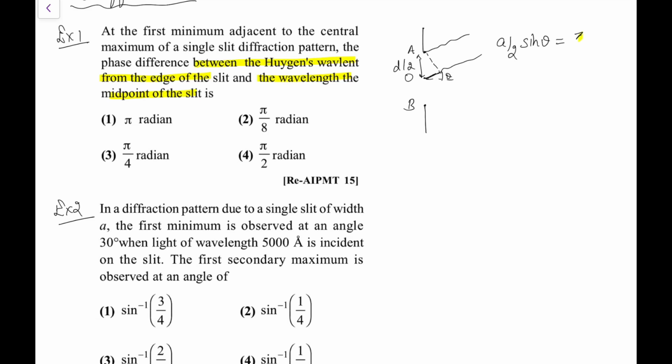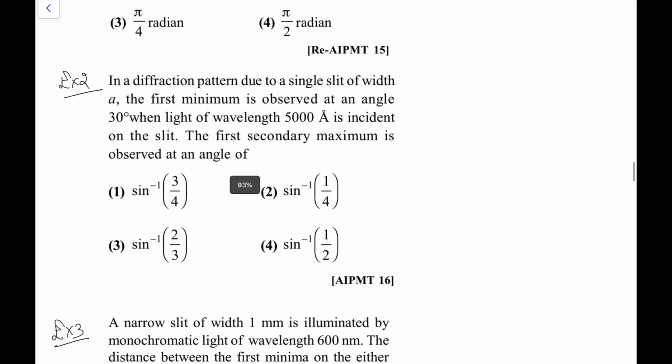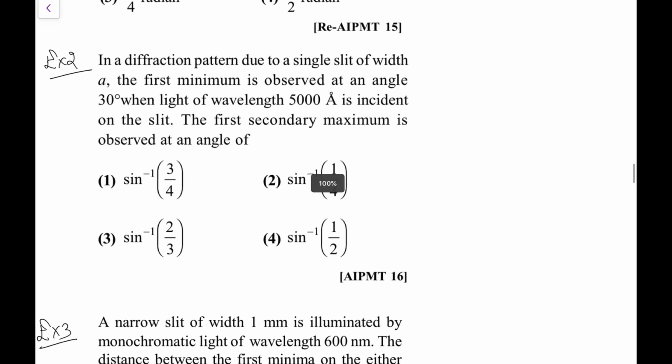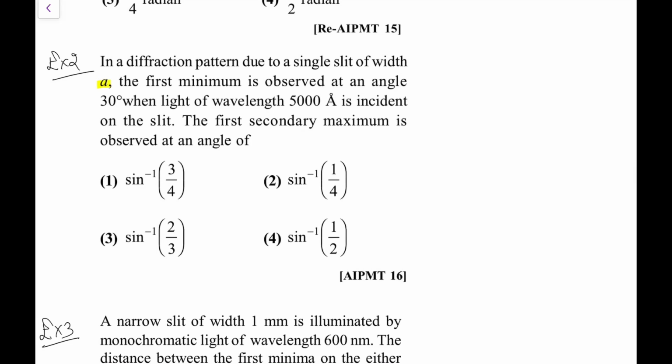So what we say typically is that the waves arriving from just below it and below it should cancel out, so they should have a path difference of lambda by 2, or phase difference of pi. So directly we have to check the phase difference. This phase difference should be equal to pi radians. So that is what you can directly make out. So this will cancel this out. Similarly, a point below this and a point below this symmetrically will cancel out. So this is pi radian. Go for option 1.